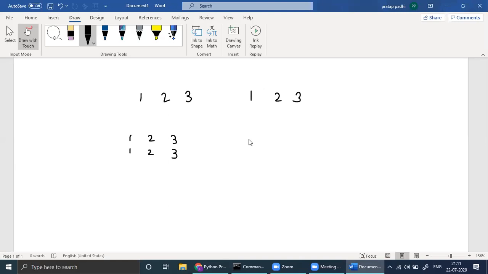How will I repeat? There will be a mismatch. So 1, 1, 1. Then 2, 2, 2. 3, 3, 3.